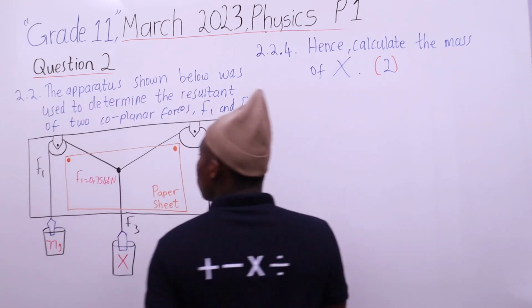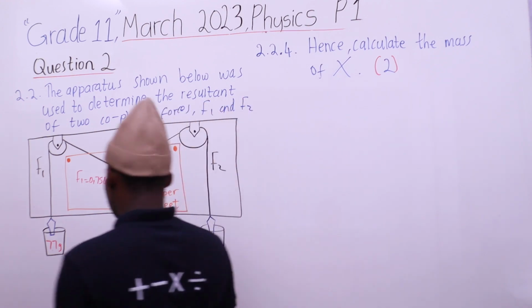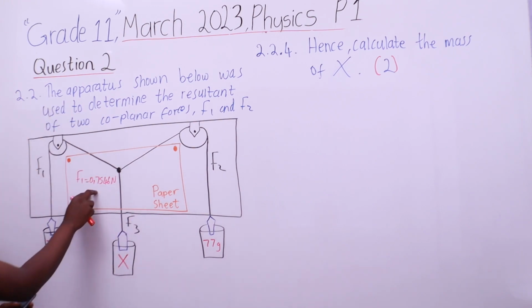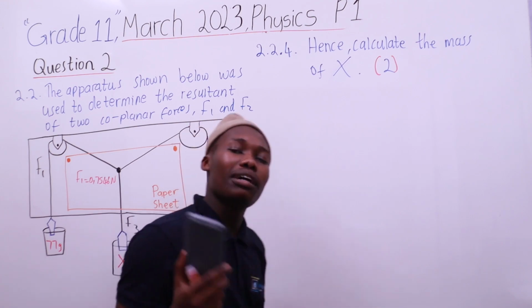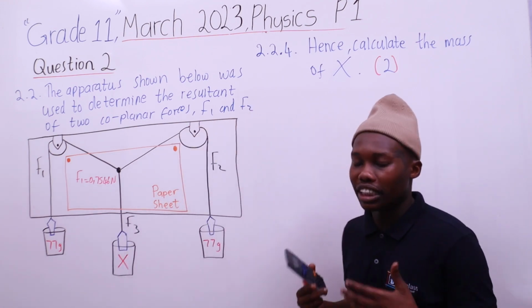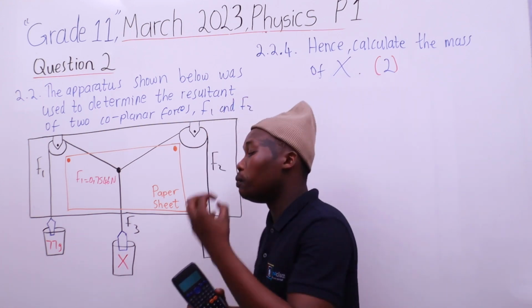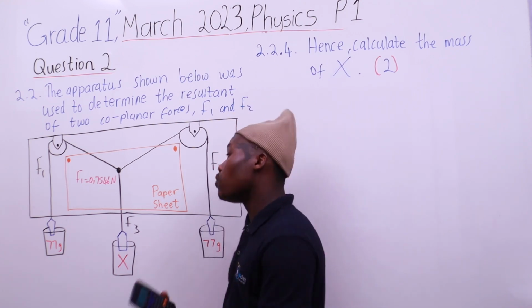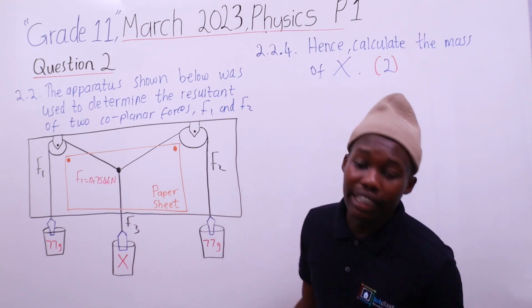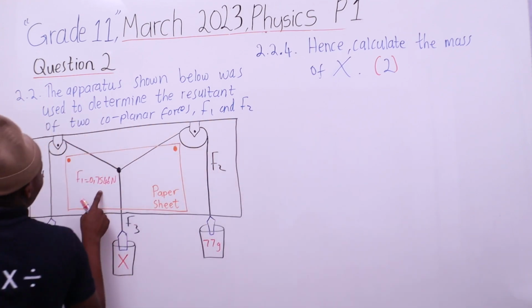0.7546 is the accurate value of force 1. Force 1 is actually the tension force. The tension force comes from the string, because we know that tension is a force that exists in the string. And then weight is a force that pulls down all objects. This force makes everything that goes up must come down. Alright, so now 0.7546